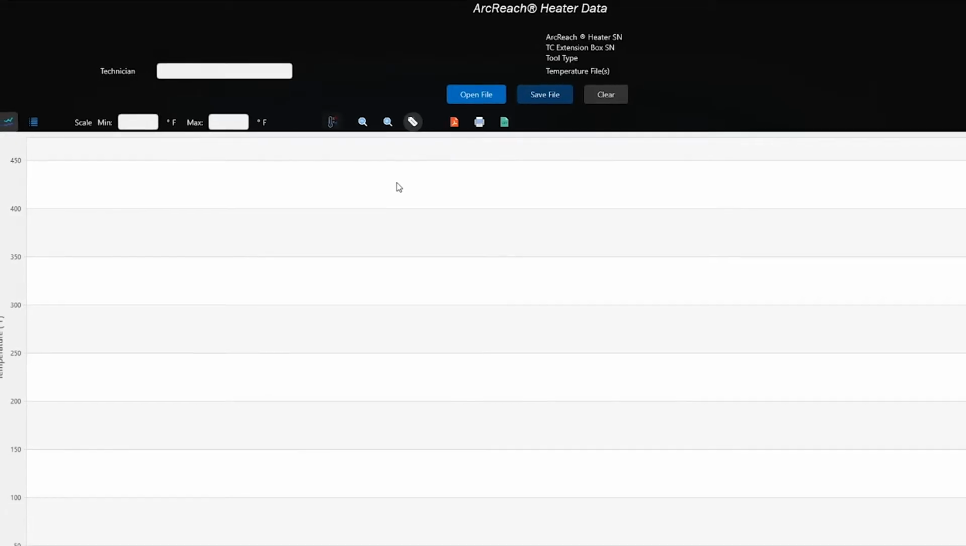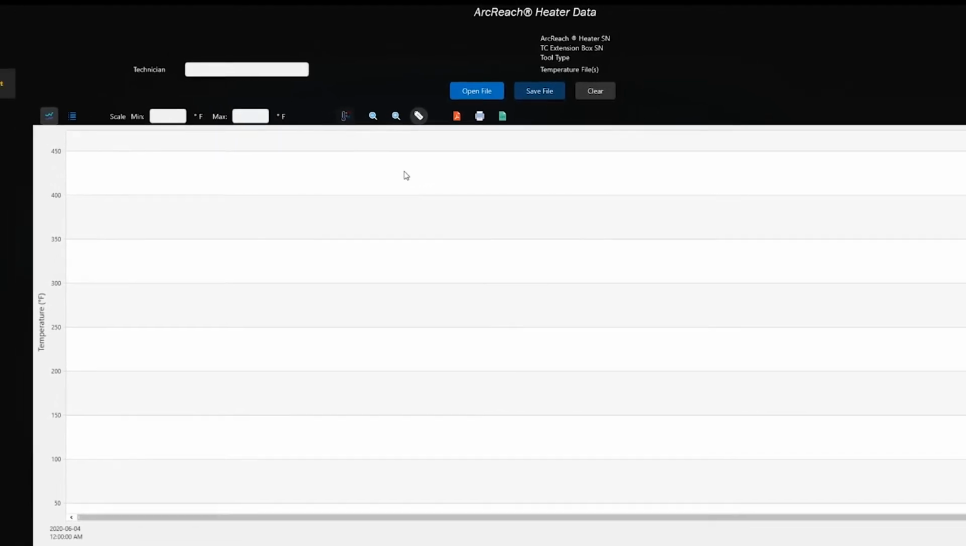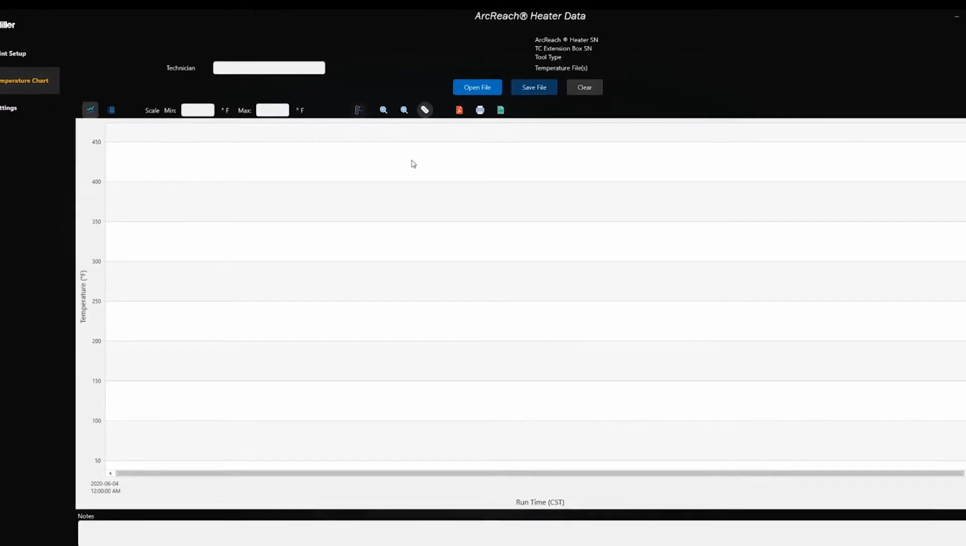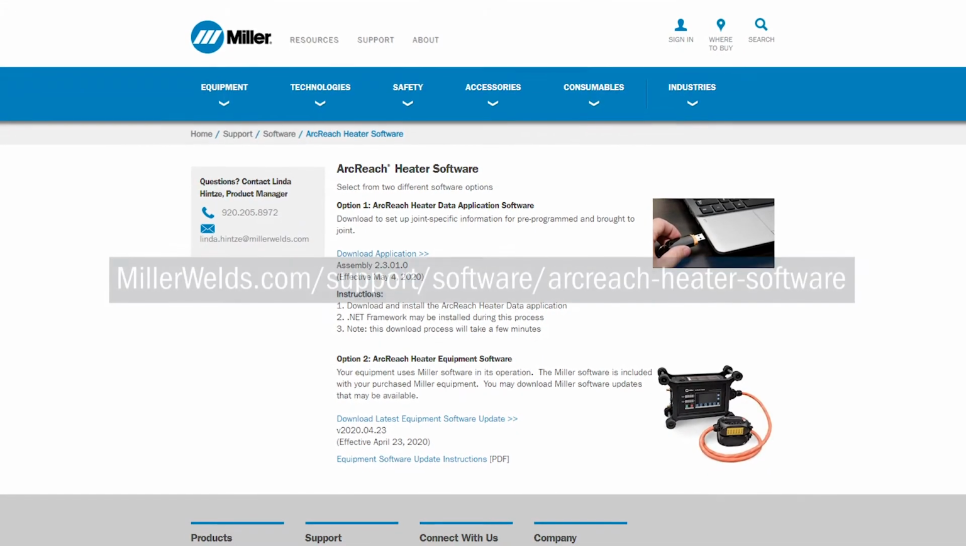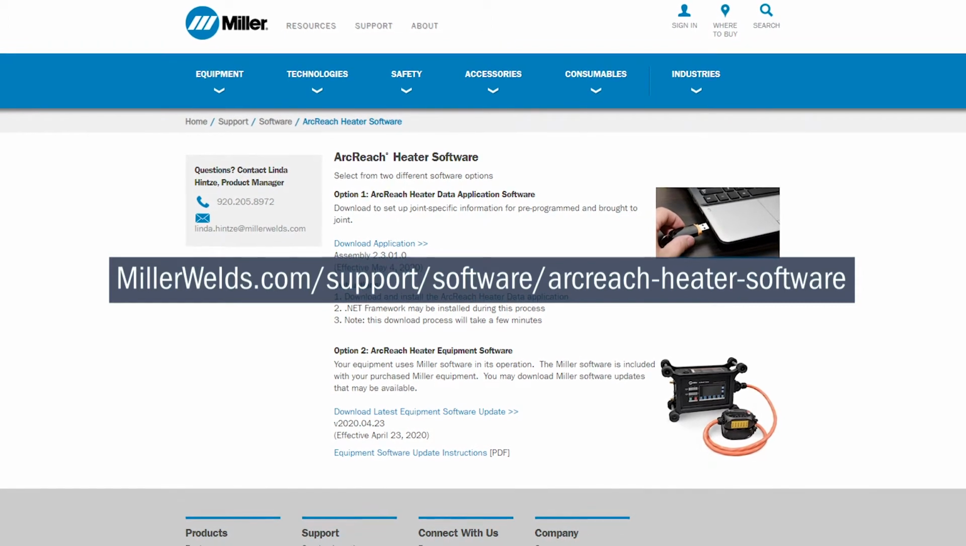The ArcReach Heater Data application allows you to easily provide the recorded heating data in a chart, exported within a raw data file or PDF document for joint QC reporting purposes. The installation link for the ArcReach Heater Data application can be found on the ArcReach Heater software and product pages